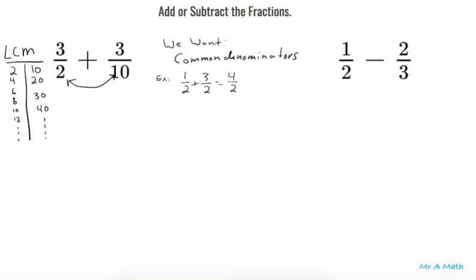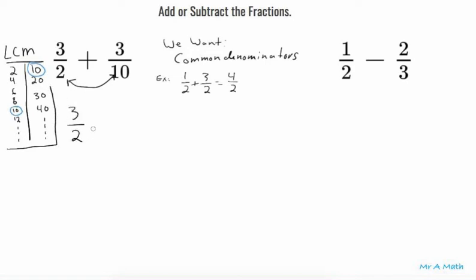Well, what is the smallest value that is a multiple in both of these lists? And it looks like I spot 10 in both of these lists. So 10 is my least common multiple, which means when I come back here later and I do this algebra,